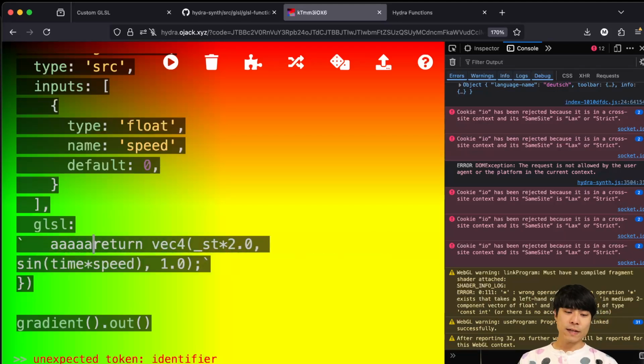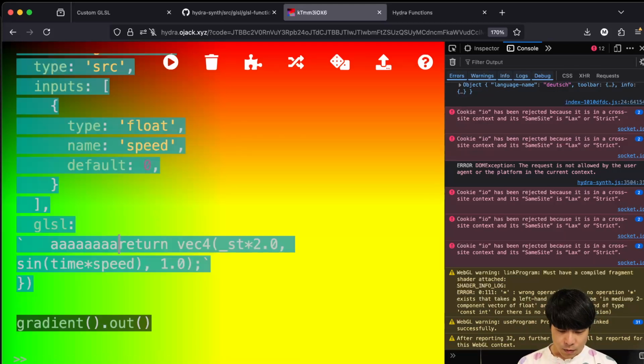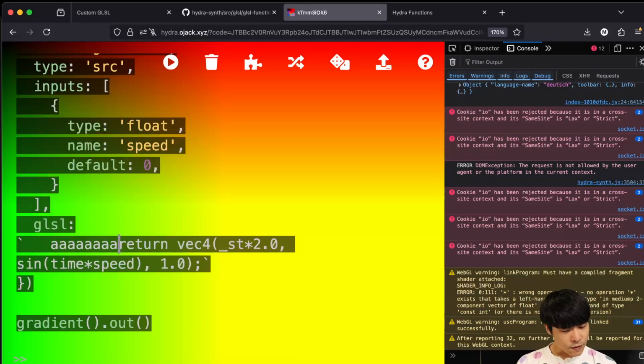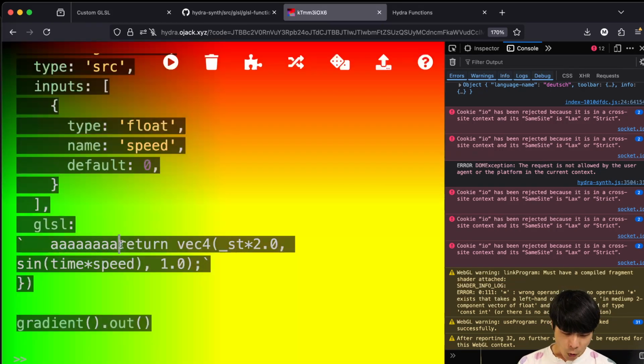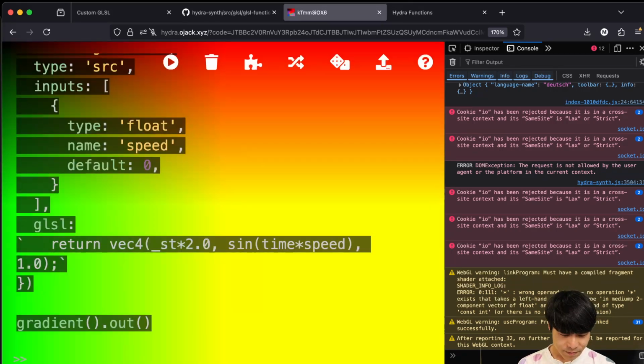I can make one and just compile it, and it will not report any error here. Then as soon as you evaluate the Hydra code, it goes wrong. I just erased it and evaluated everything, so now it's back to normal. But it's kind of silent